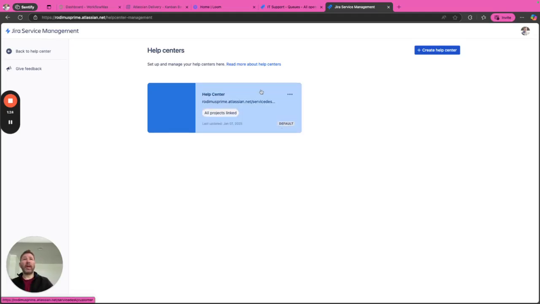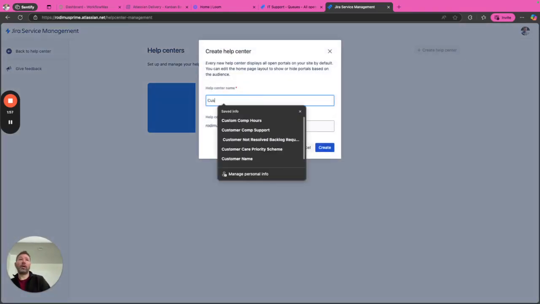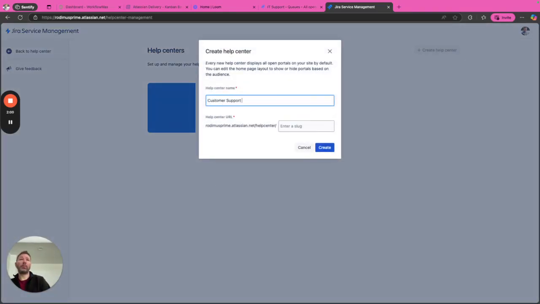So you might have a help center that's a landing page for all projects, and that could be where we're landing all of our internal customers from that domain, who all work for the business, and we want people to be able to get there and get to HR and facilities, etc. But we don't need our external customers landing in that area. So what we could do is create a help center, we'll call it customer support services,